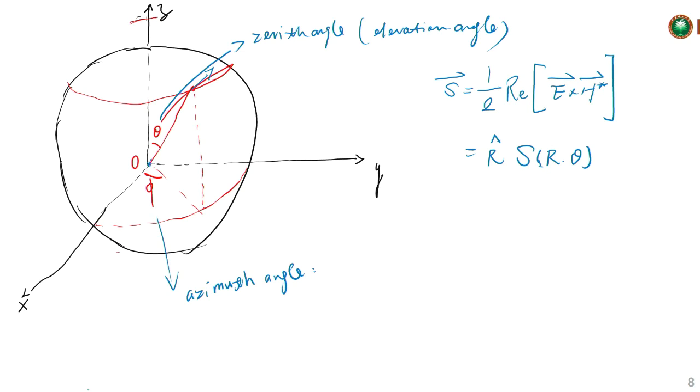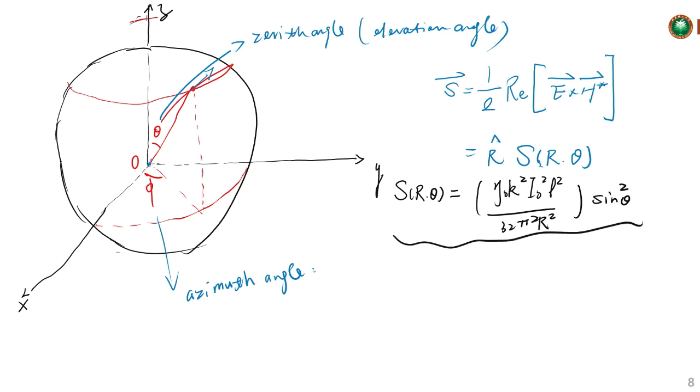I would want to show you the details, and if you forget that, take it as homework to check how to derive the expression. It can be expressed as beta naught squared times I naught squared L squared divided by 32 pi squared R squared times sin squared theta. This is the power density of the electromagnetic waves generated by the